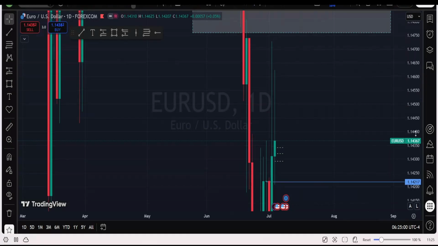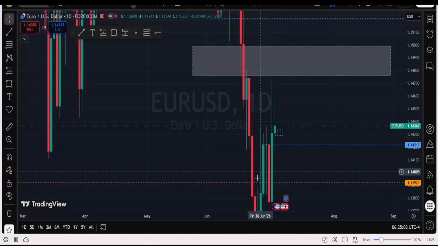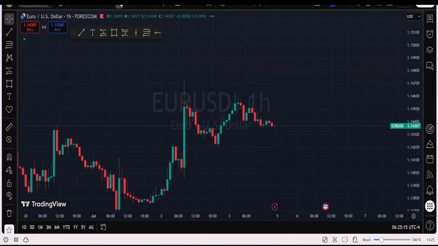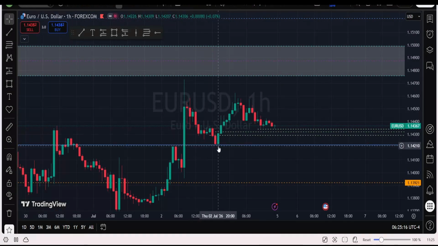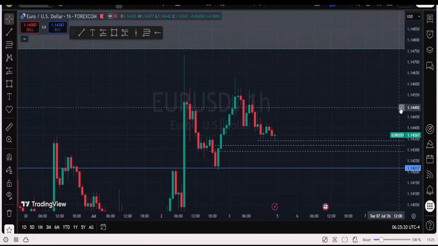Let's get through it. This is the daily time frame. As price broke out of this particular order block, it returned to it on Friday, which gives me reason to believe that price in our story will continue to get to this level. So if we drop on a lower time frame, as we can see, this is price returning back to that order block on the daily time frame. So we said liquidity lies on this level.